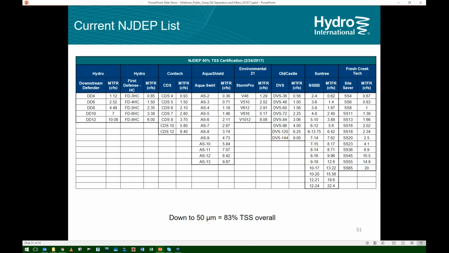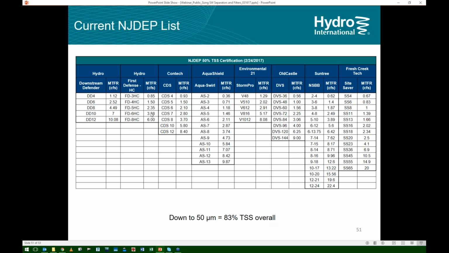So I can do a calculation for my water quality event using the local stormwater manual and come up with a flow rate. I can then reference that flow rate against New Jersey, ignore the fact that it says 50 and just say, well, that's 50% of something that's very fine. It's more likely to be close to 80% of a coarser material,